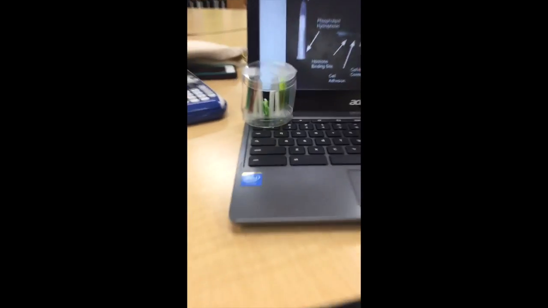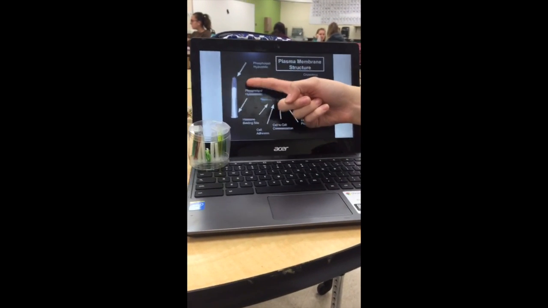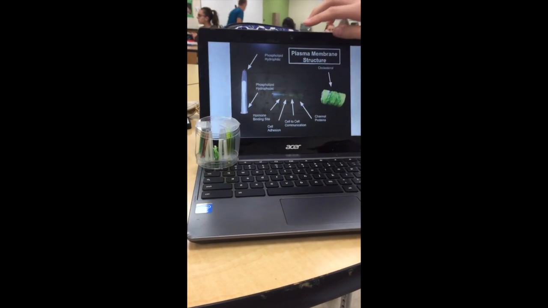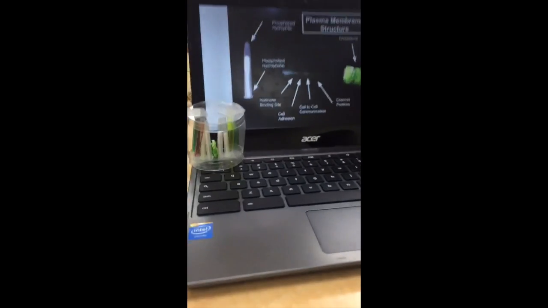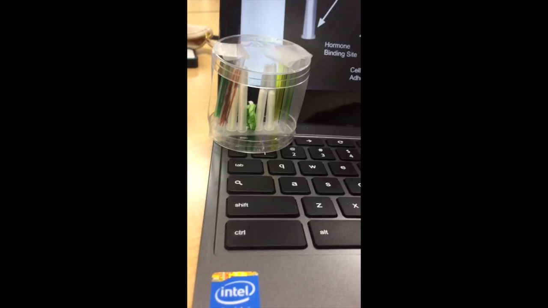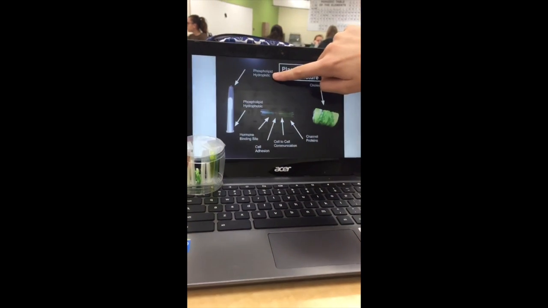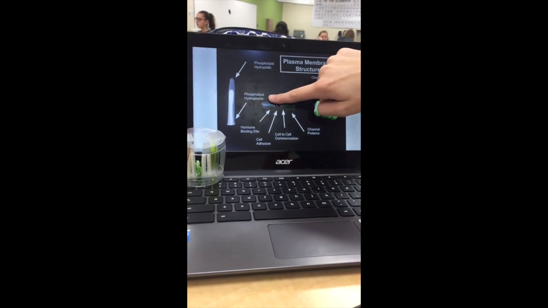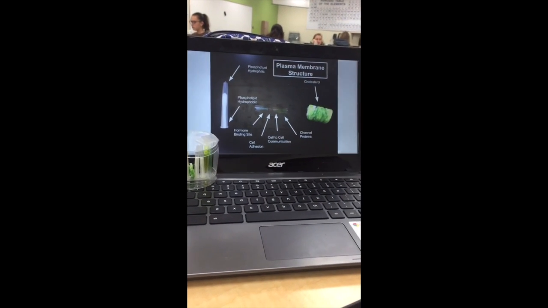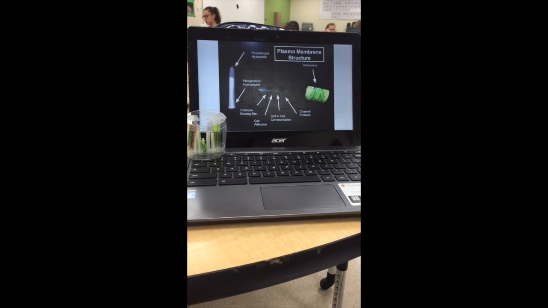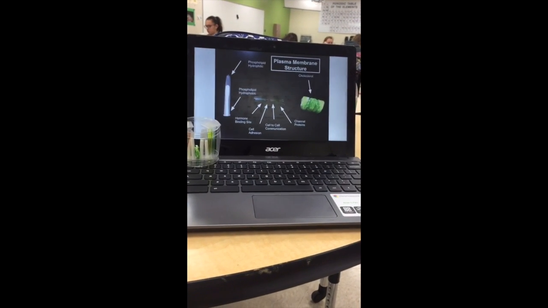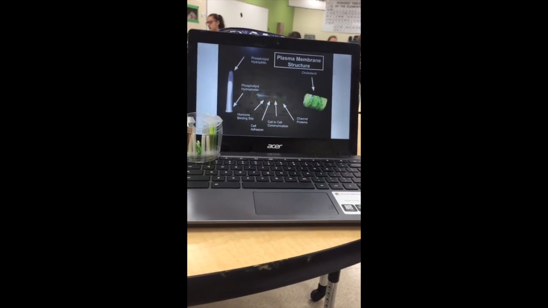Membrane model. To begin with, we have the phospholipid bilayer. This is only one half of the phospholipid bilayer, but on each phospholipid there is a polar region which is hydrophilic and a nonpolar region which is hydrophobic. On the phospholipid, there is an organic alcohol attached to the phosphate group, which is glycerol, and attached to glycerol